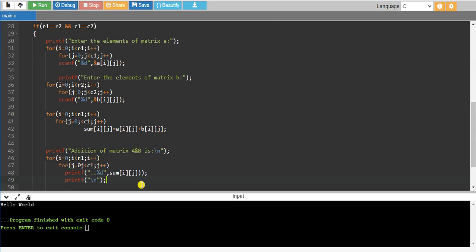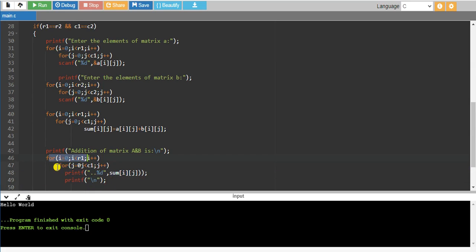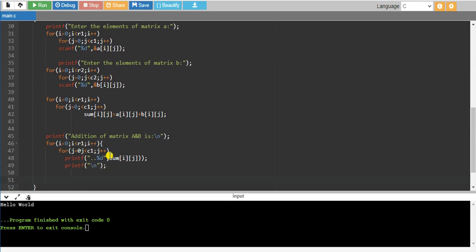This for loop is having multiple statements, so I'll add curly braces here.